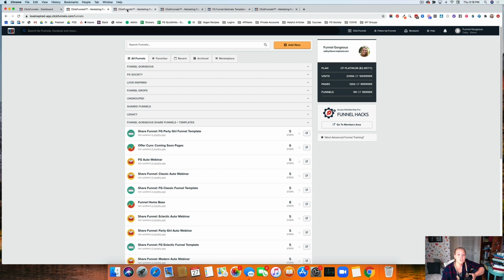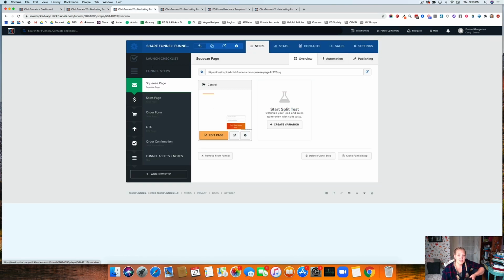Now let's click into a funnel. Here's what a funnel looks like. You can see here on the left are all the different pages. Now in Clickfunnels, you have different page template types. So you have squeeze pages, sales pages, order forms, OTO pages. And so if you buy a template or you get one that's already pre-built, it's already going to have these pages pulled right in. Now at any point you can clone a page,